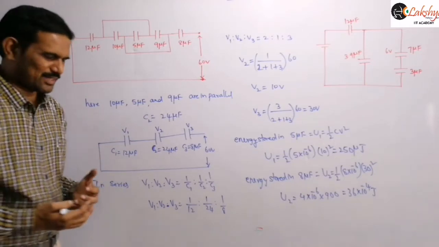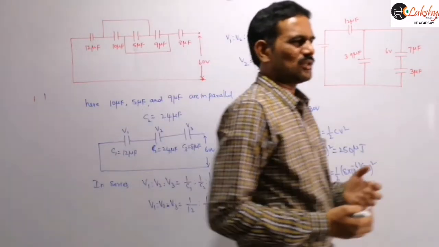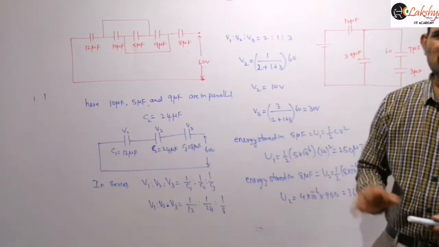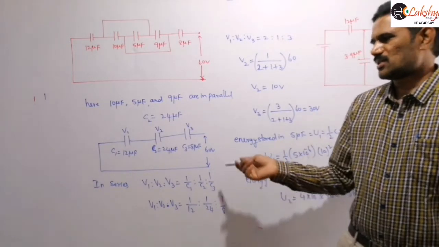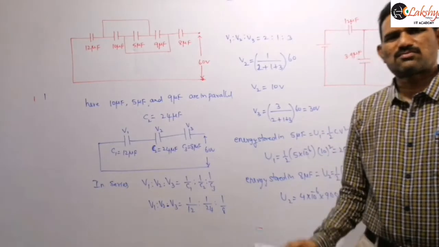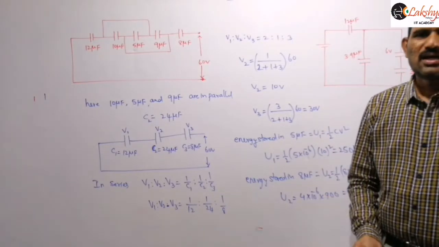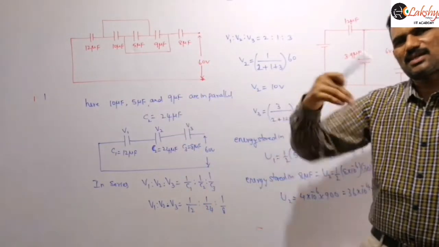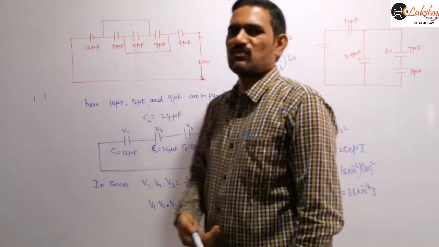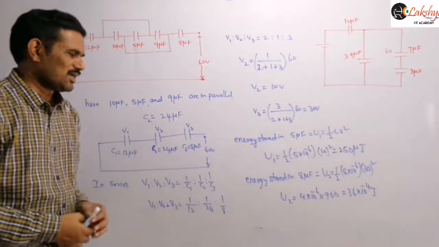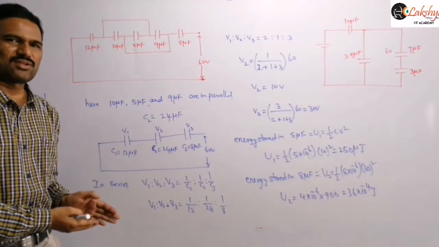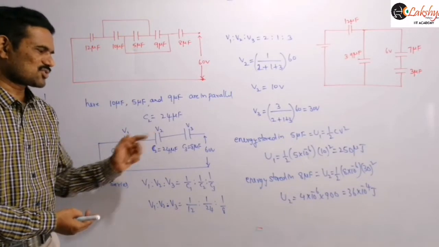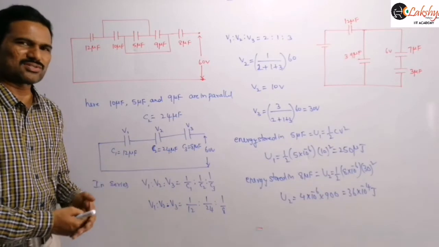That means to calculate the potential differences or energy, you can simply follow this procedure. Instead of calculating the potential differences first, you may calculate the charge, and after that you can distribute the charge among these 3 capacitors. A similar calculation will be there. What I am saying is, instead of first finding the potential difference, you may first find the total charge here, because these 3 capacitors are in series.